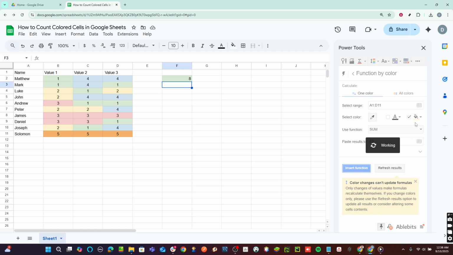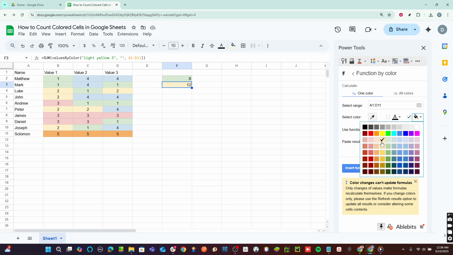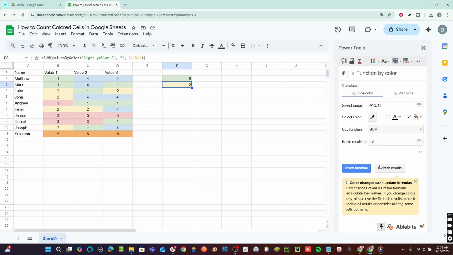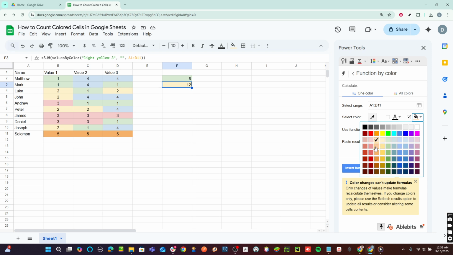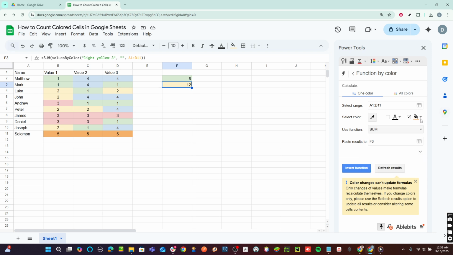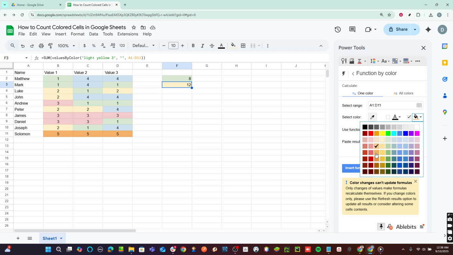Finally, to wrap things up, continue these same steps for any additional colors you wish to count. This ensures all your critical color-coded information is organized and accounted for in your Google Sheets document. By the end of this process, you'll be left with a neat summary of your colored data, making your spreadsheet much easier to